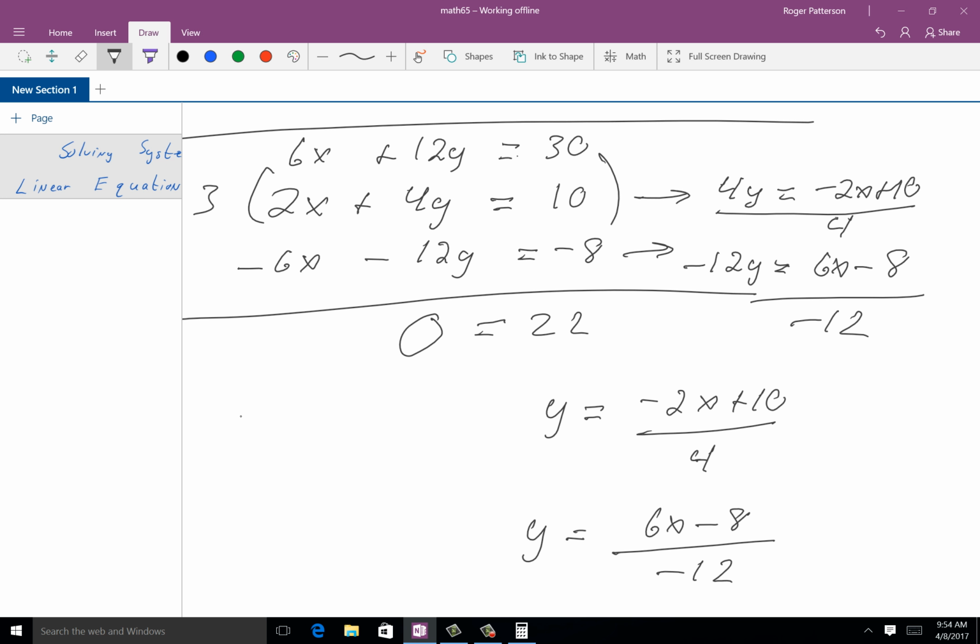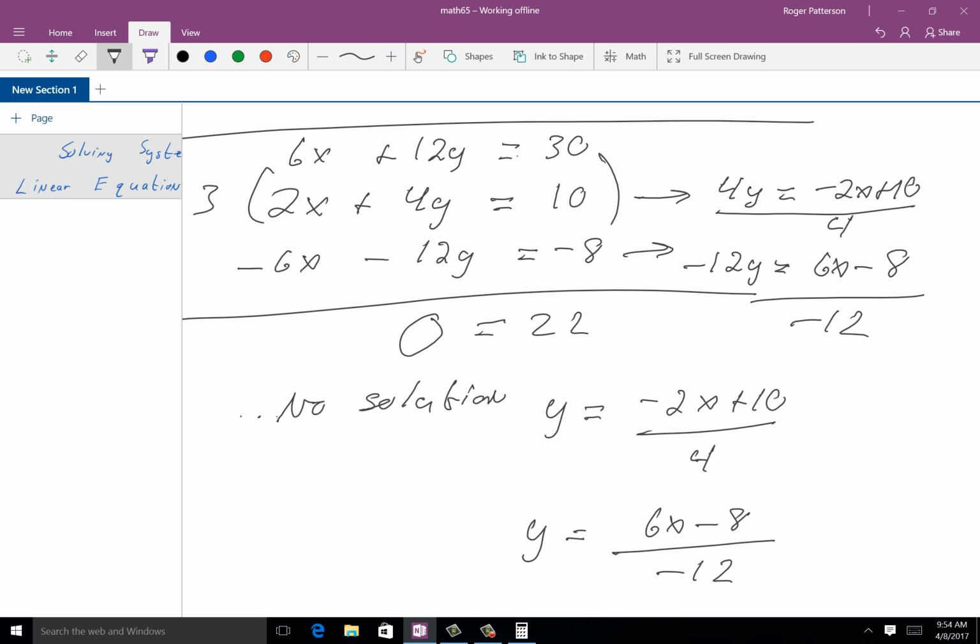Anybody get it graphed yet? What's happening? They're parallel. They're not going to cross. Okay? So we're going to say this is a no solution because they do not cross. And if they don't cross, they don't have a solution. That's the whole idea. All right? No solution. So when you graph lines and they're parallel and they don't cross, they're not going to have a